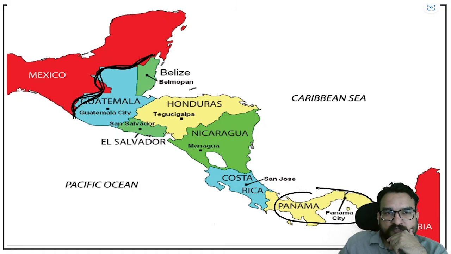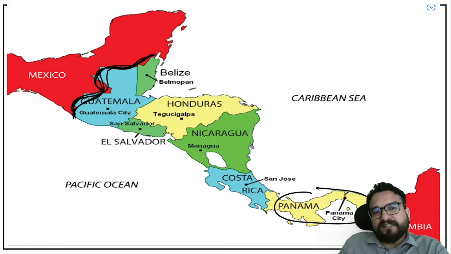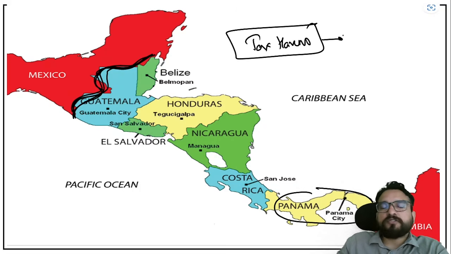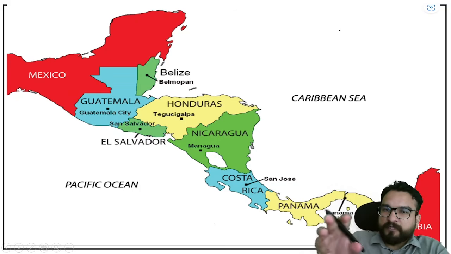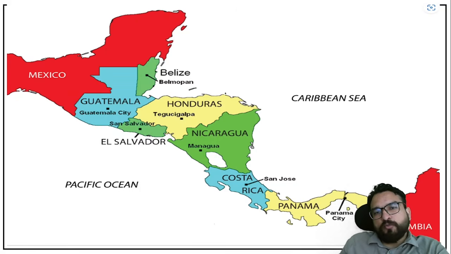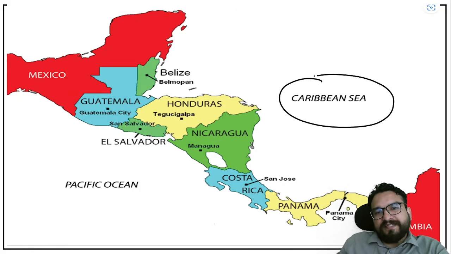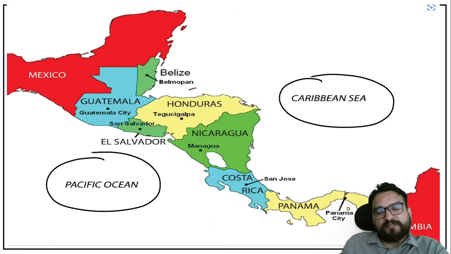Very small countries you will be finding over here, and largely they are used for tax havens. This tax haven concept you must have understood in your economy subject, right? Now a lot of islands which you must have heard about in your economy, the Cayman Islands, the Panama Papers scandals, all will be coming over here. Also try to understand that on one side there is the Caribbean Sea, on the other side there is the Pacific Ocean. The Caribbean Sea is part of the Atlantic Ocean.